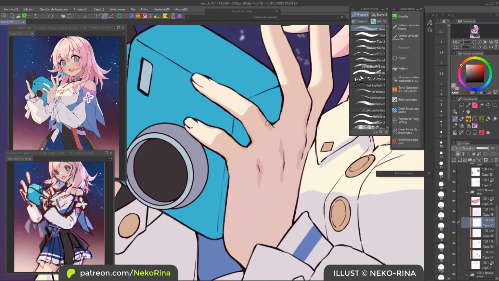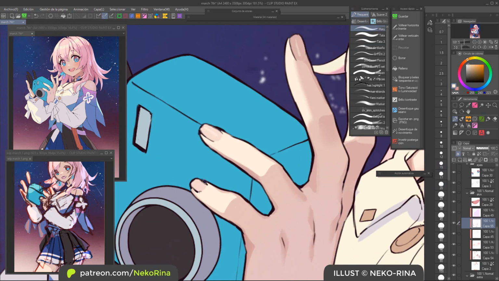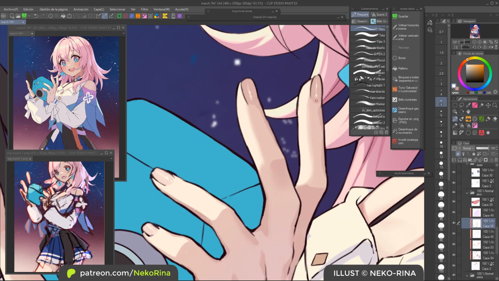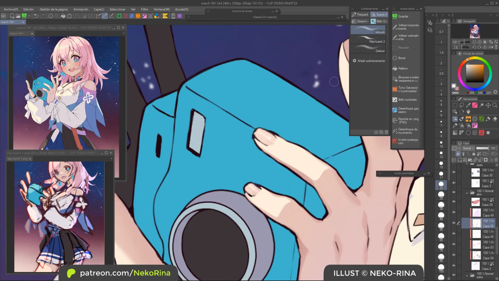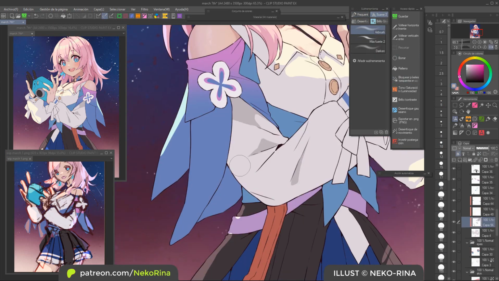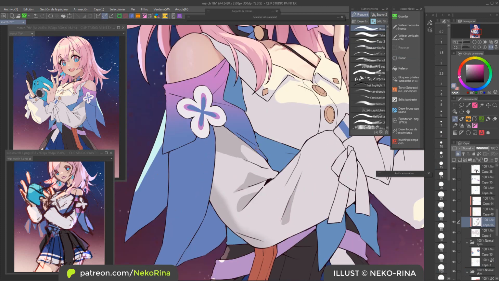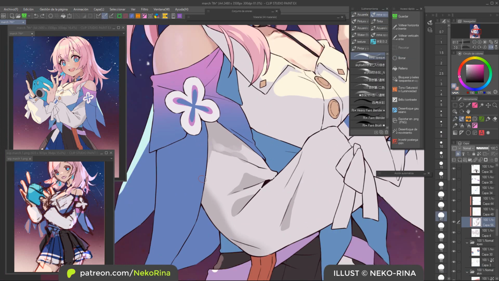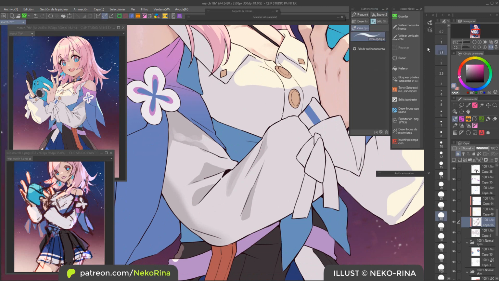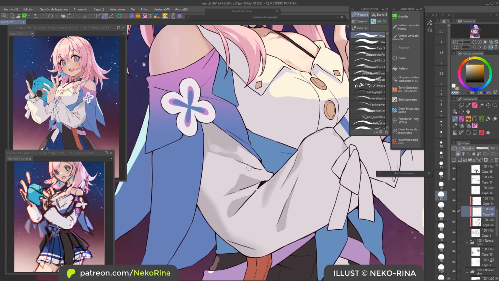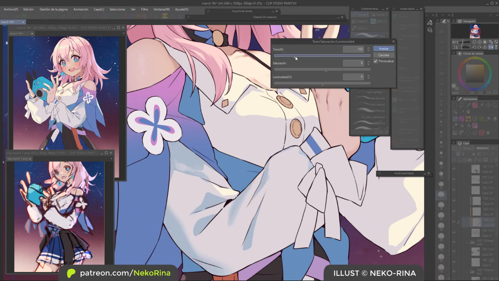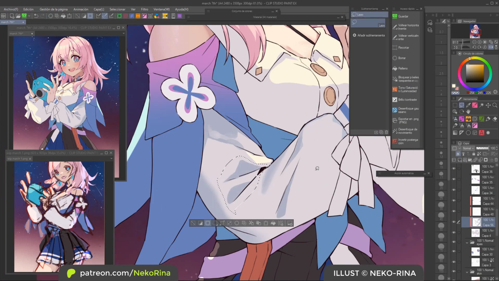I hated the coloring so much that I even made a copy of the file and tried to paint it with soft shading instead. But that didn't work either. No matter how much I tried, I just couldn't figure out a way to paint these and not hate the results. So what I did was try to fix what I already had on the original cel shaded version and finish it as best as I could.